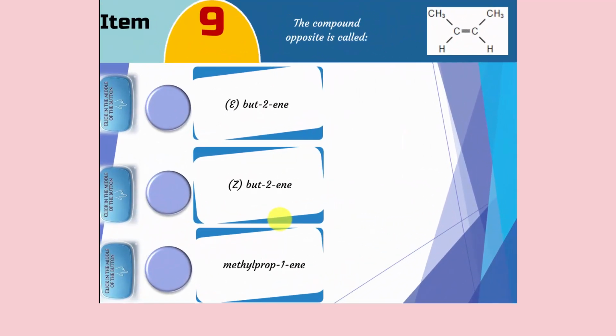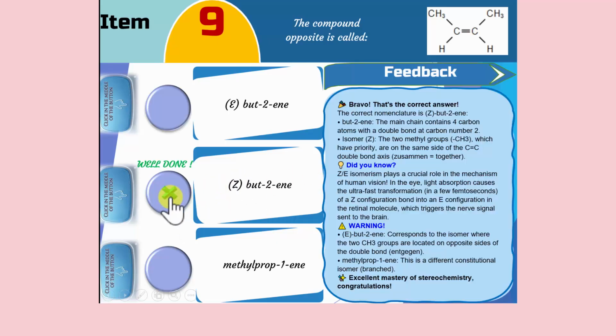The correct answer is Z-but-2-ene. The parent chain has 4 carbon atoms with the double bond beginning at carbon 2. Because the 2 higher priority methyl groups are on the same side of the double bond, the configuration is Z, meaning together. This is different from E-but-2-ene, where the methyl groups lie on opposite sides, and from methylpropene, which is